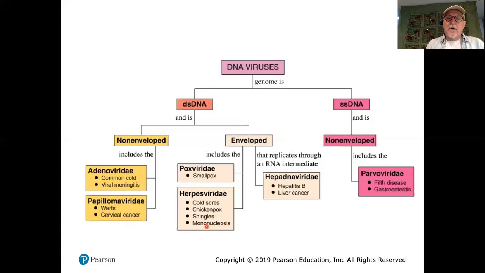The other group of enveloped double-stranded DNA viruses that are tremendously important are the herpes viruses. They cause a very wide range of illnesses in human beings. Cold sores are the most benign. Cold sores, genital herpes, chicken pox, which is rather more serious, and shingles, which is caused by the same virus